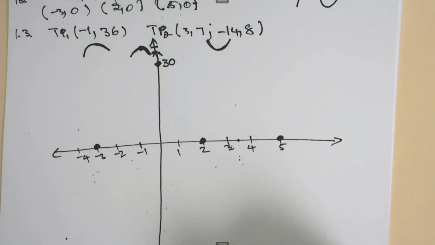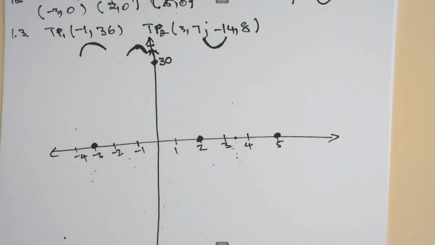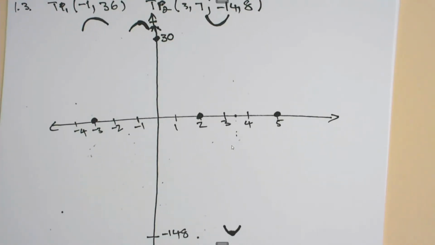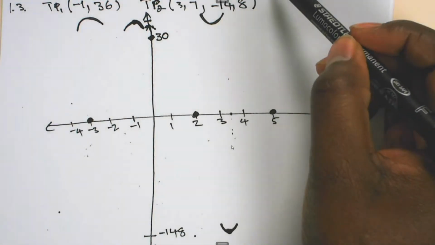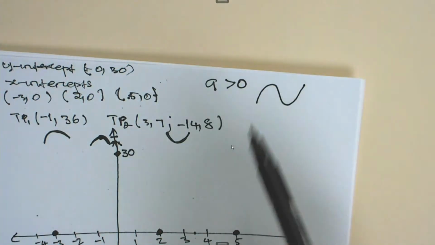Remember, this one is a minimum turning point, and that one is a maximum turning point. And then from there, we need to sketch our cubic function. From the value of A, we are expecting to have the shape from the